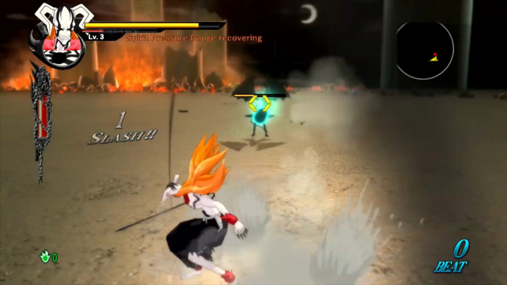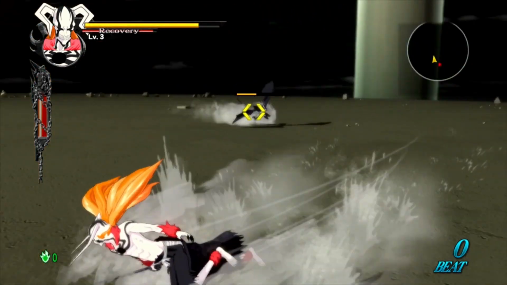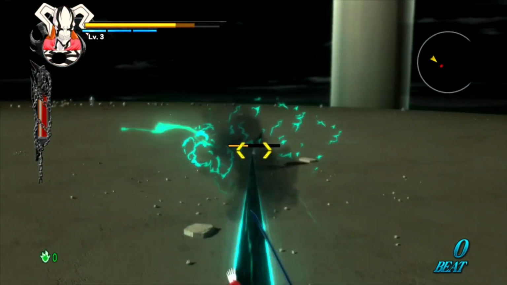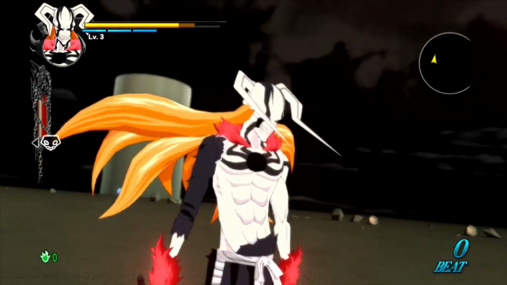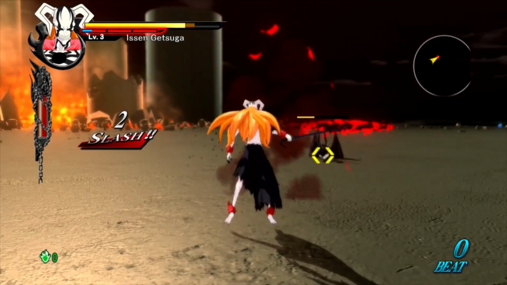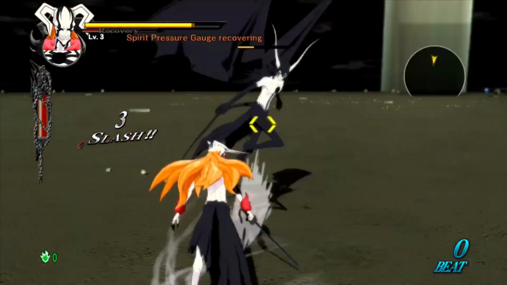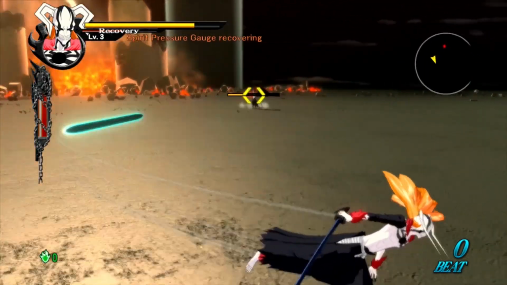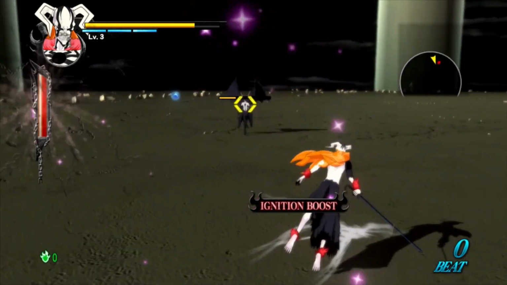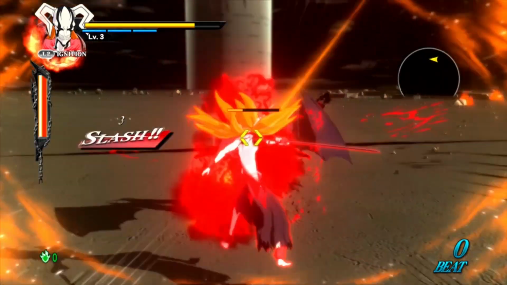Okay, no spirits, so just wait for that to load. And there we go. Okay, let's try this. Ow, ow, okay, watch out for that attack. That's a little bit annoying. Just keep spamming Getsuga. Oh god. Okay, wait for the spirit. Actually, that could be useful. Okay, let's get that going. Okay, and again, while you're actually attacking with this,